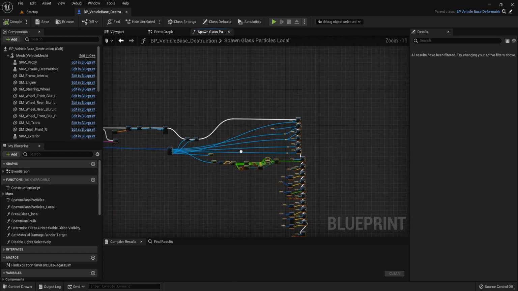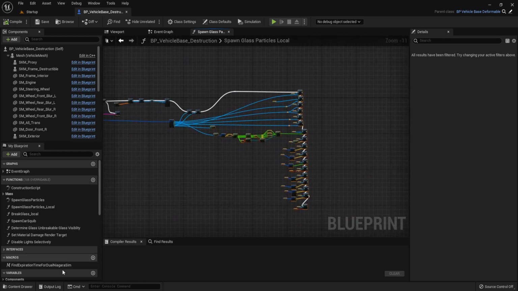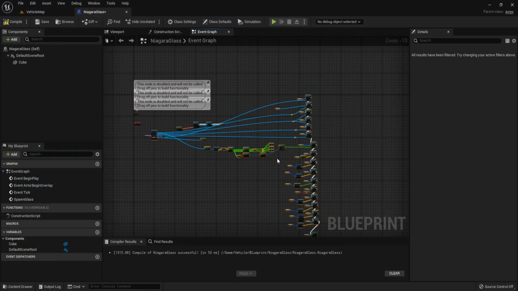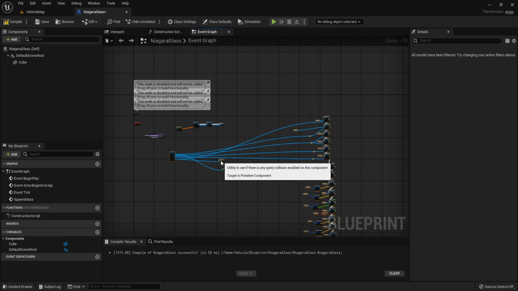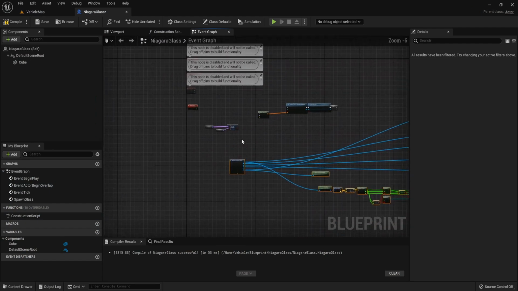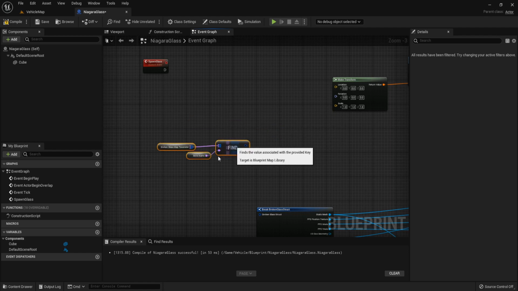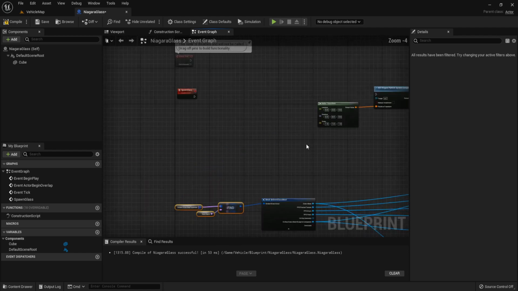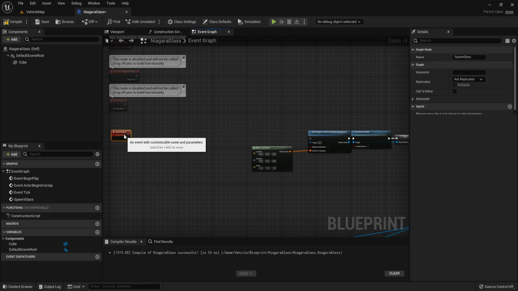Copy, Control C, and Control V. Move it here, and we connect it to this broken glass struct.